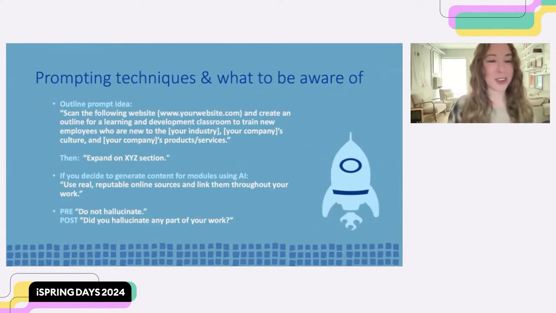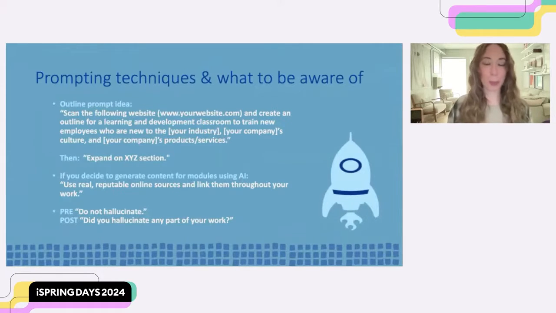But what you can do is, once it gives the output, you can ask it again, did you hallucinate any part of your work? Because when I was building out the classroom, I noticed that sometimes when I was checking these sources, like the links, some of the things it would say were a little bit off from what the source was saying. So that's why I would just follow up and ask it, did you hallucinate any part of your work? And I typically found most of the time it was okay, but every now and again it would say, well, I didn't hallucinate here, but I did hallucinate on these parts of it. And so then you, as a responsible prompter that you are, will then go back and forth with it